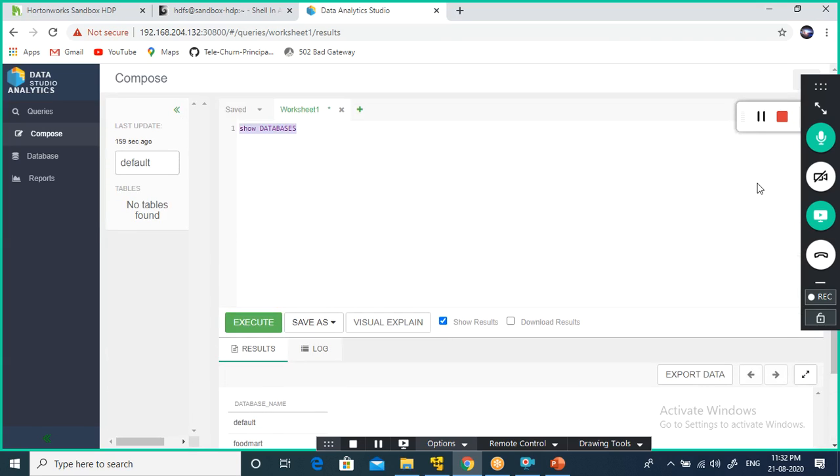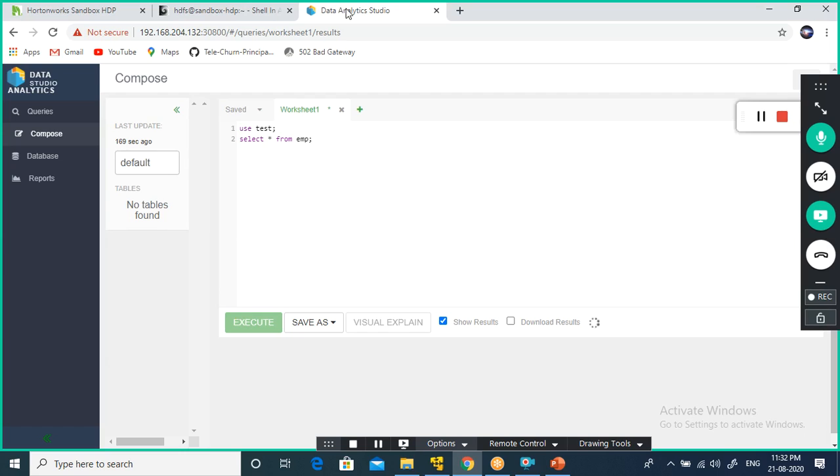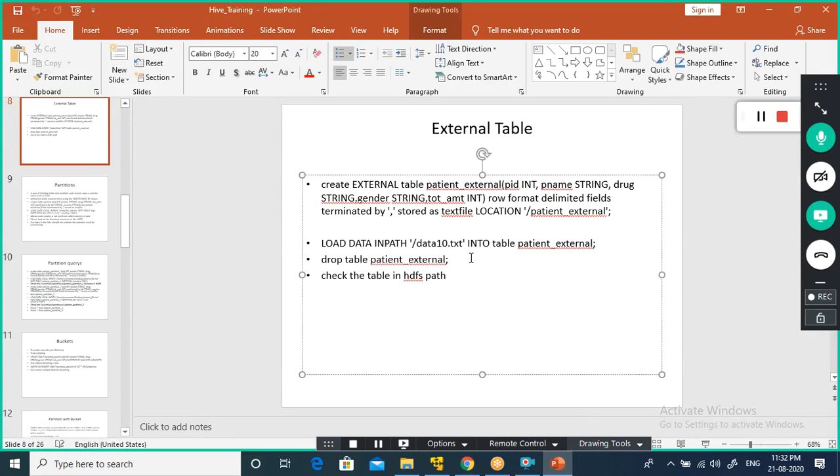So now what we will do is, I want to open the test database, and then I want to select the table name, select star from, what is the table name? EMP, I think so. Okay, EMP. Let me execute this one. See, you have an insert into option, right? Insert into table values, you can do it. Manually, using the insert into command, you can insert the data into a table, right?